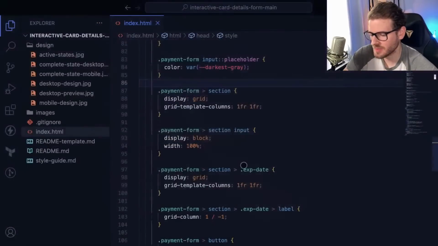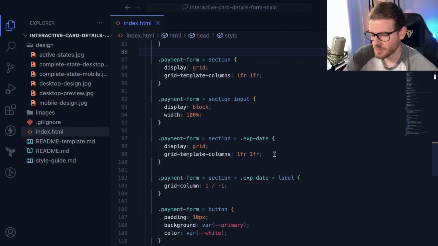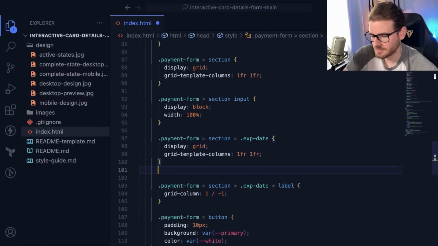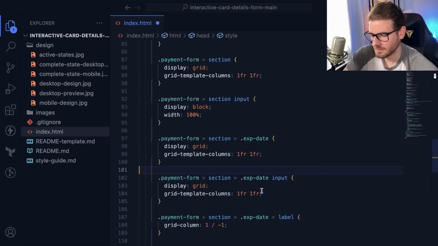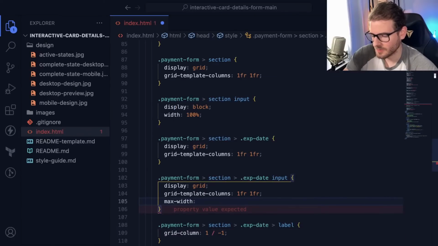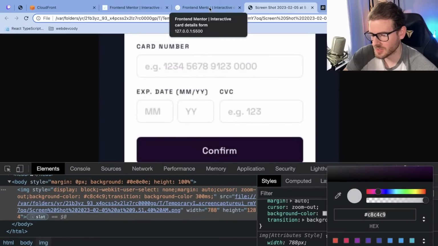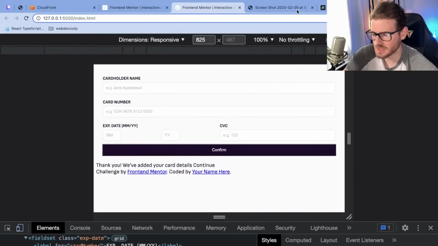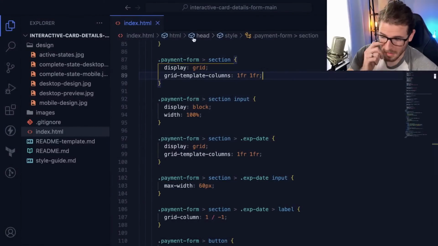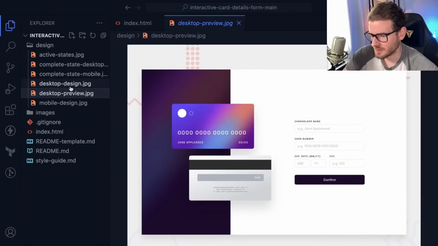but I might add some max width to these inputs. To all, let's see, to the date ones. Max width 60 pixels. I'm assuming we want them to be next to each other. I'd have to look at what the design is for the larger page. Yeah, they're like,